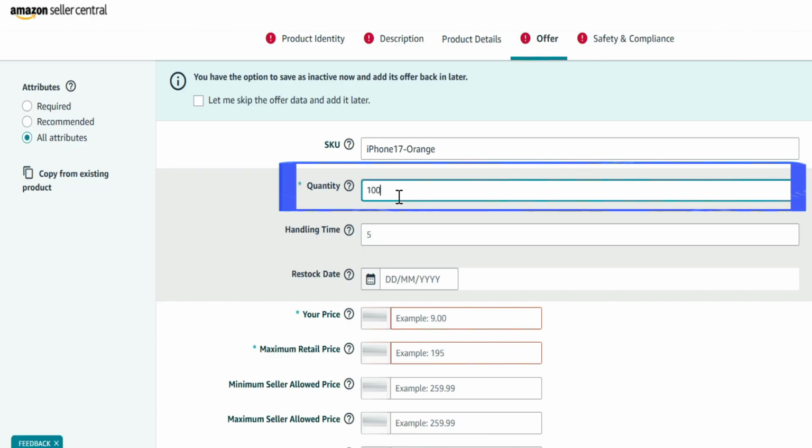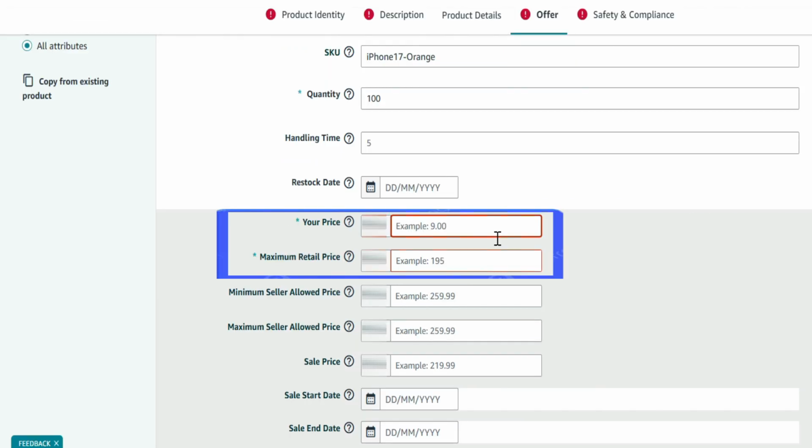Next is Quantity, where you specify how many units are currently available for sale. For example, if you have 100 items in stock, you will enter 100 in this field. Then you have Price, which is the amount customers will pay to purchase your item on Amazon. The offering condition type should almost always be set to new unless you are selling used or refurbished items such